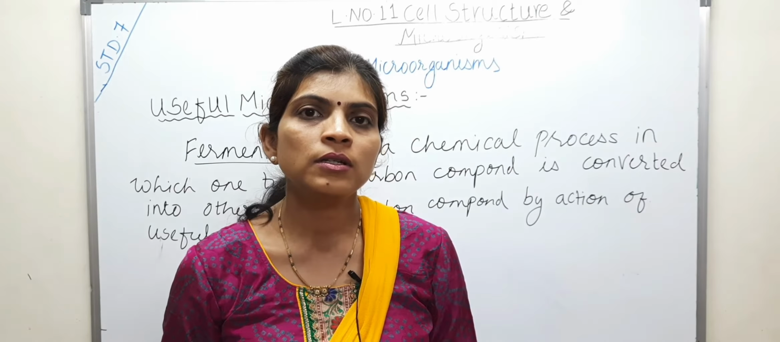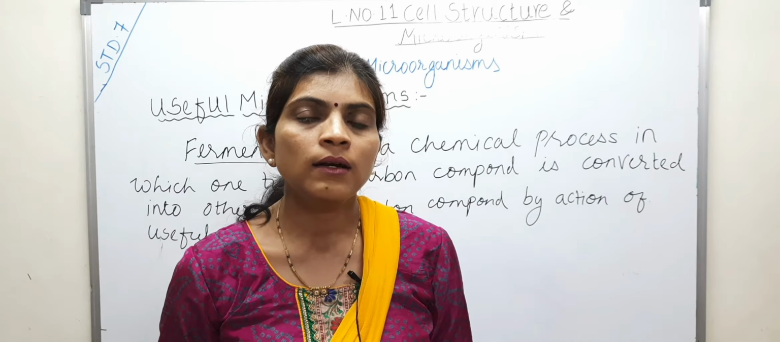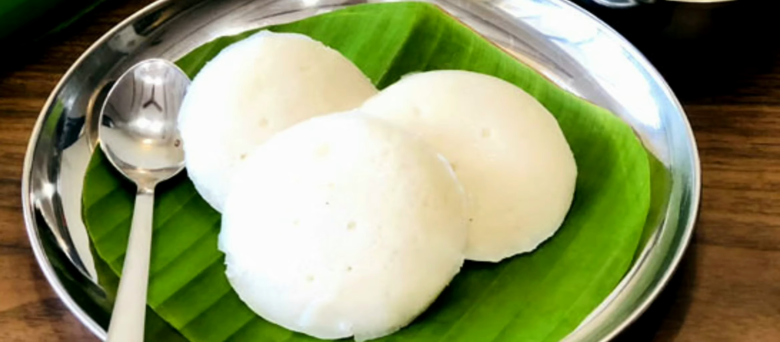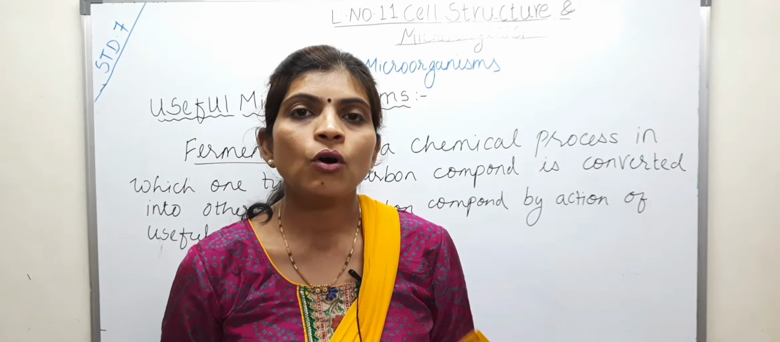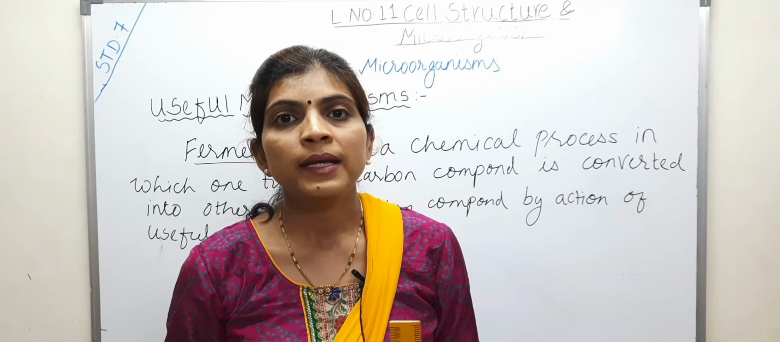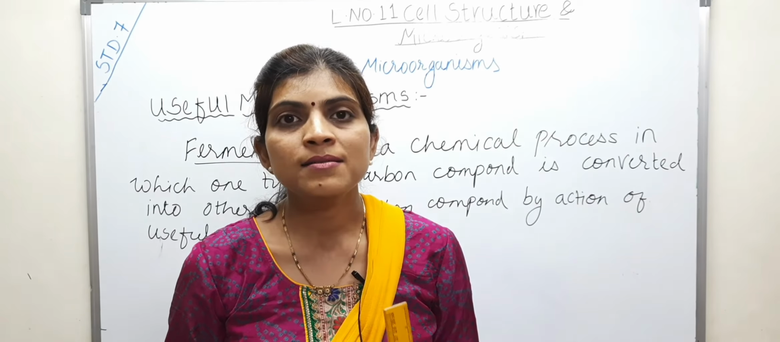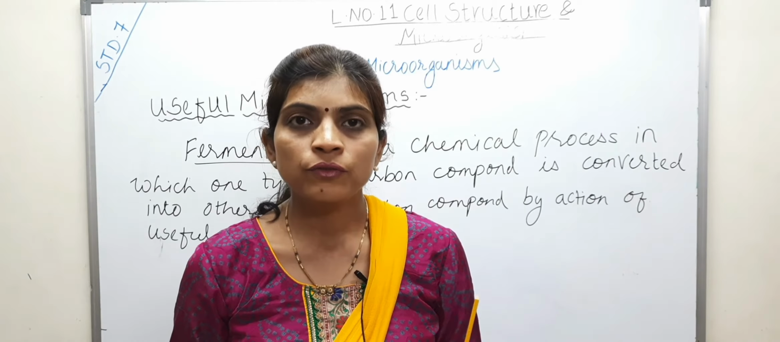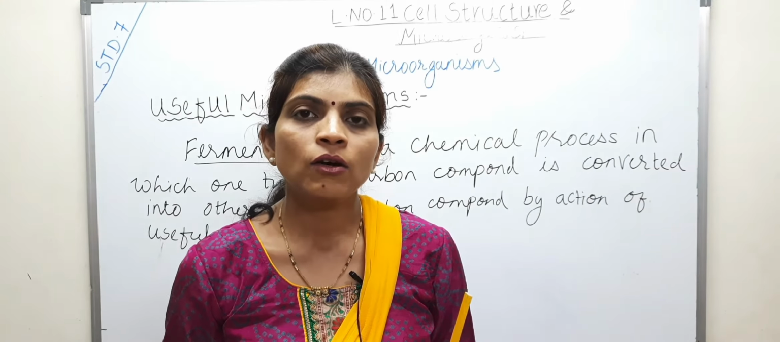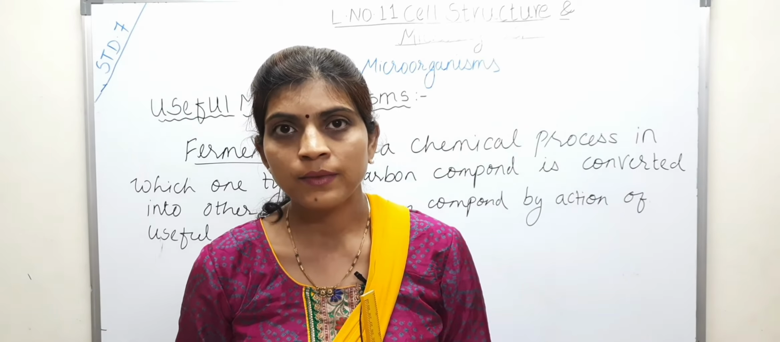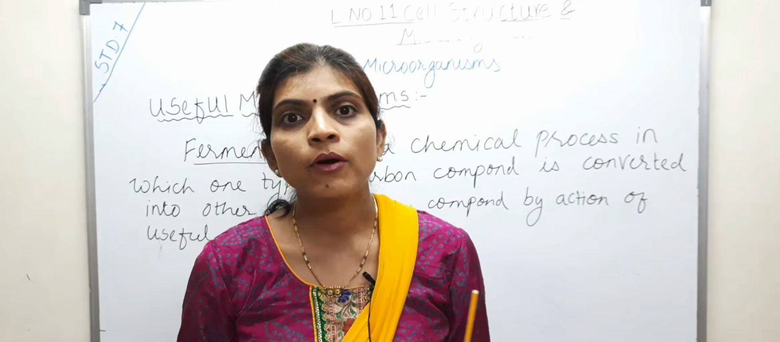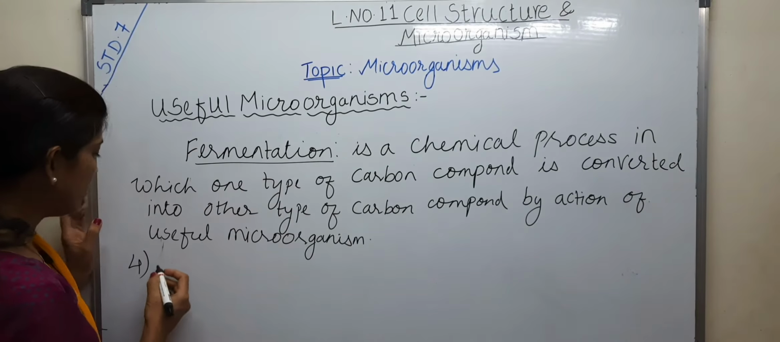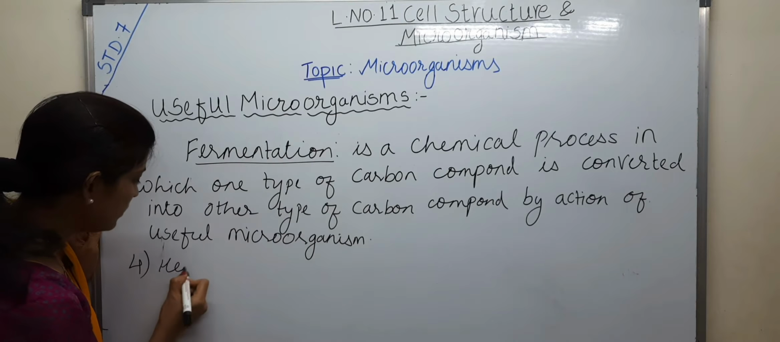So fermentation takes place not only while making bread or yogurt or idli, but it also takes place while making alcohol. Alcohol is made by the fermentation process out of grains or fruits, and that also involves useful bacteria. Okay, then antibiotics. So fourth point we can write, useful microorganisms helps in